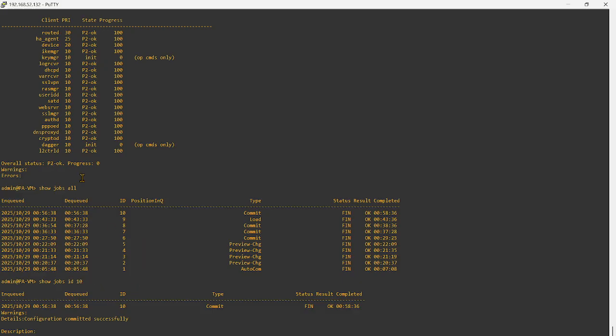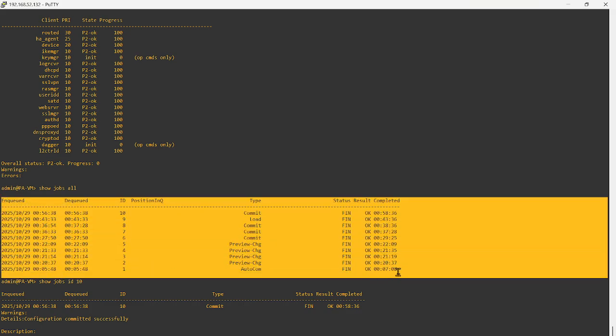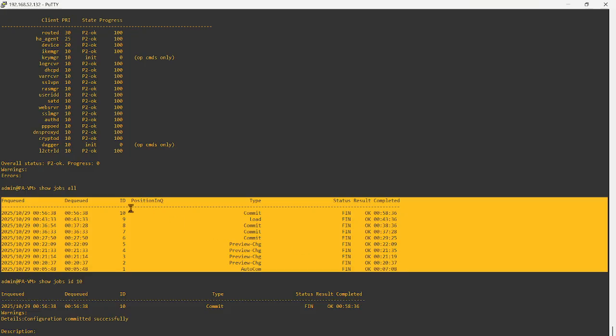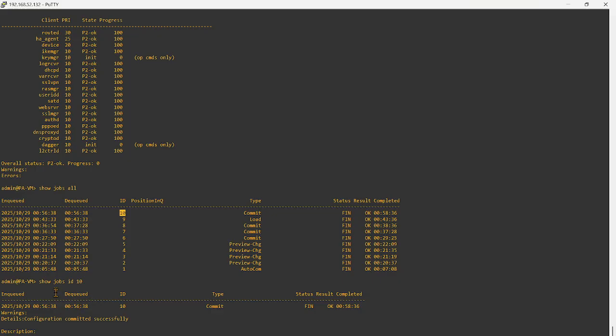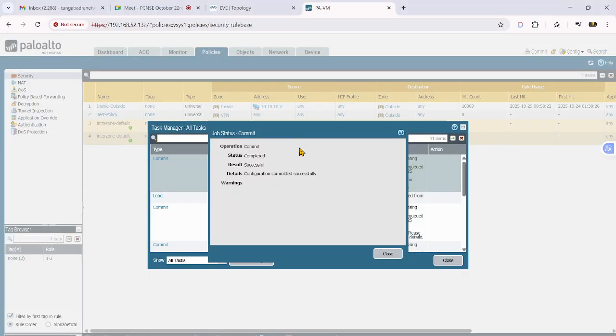These are the two commands you have to use. Show jobs gives all the commits done so far on the firewall, and to verify only a particular commit, use show jobs id and that ID number. So this ends our commit class.